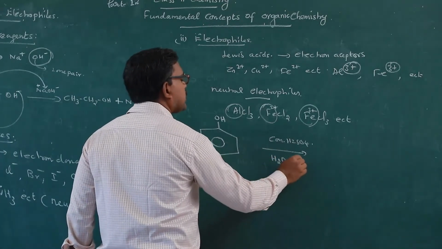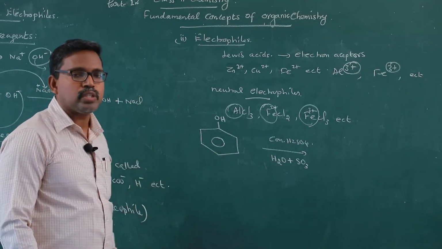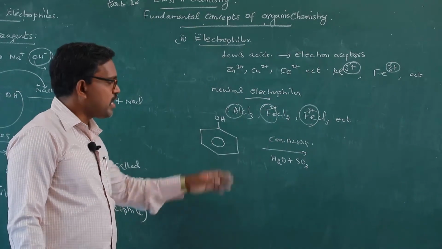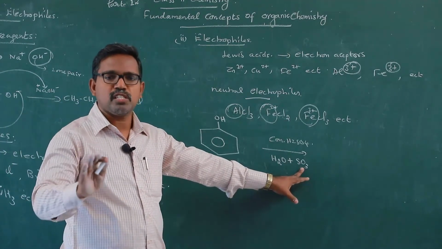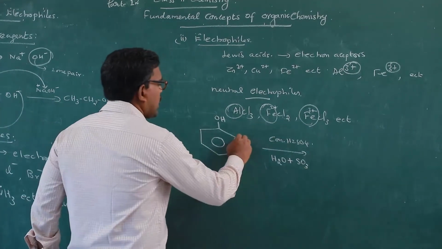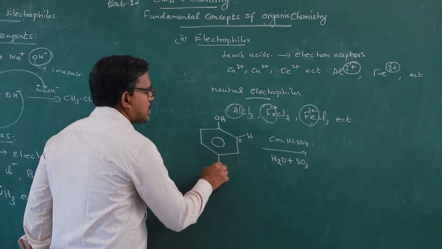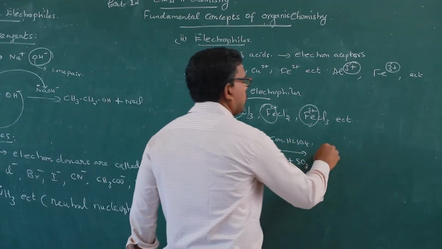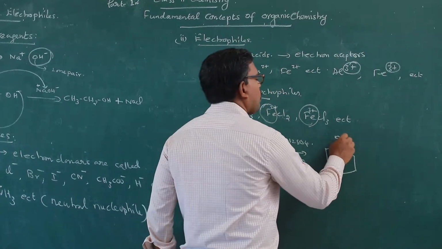It liberates water itself, giving SO3. SO3 is a neutral electrophile, which does not carry any charges. It attacks the ortho position as well as the para position to form isomeric products, OH